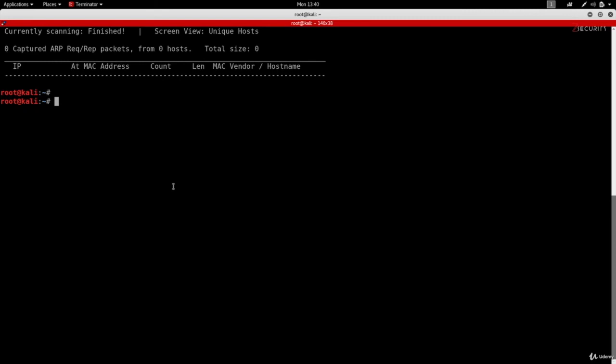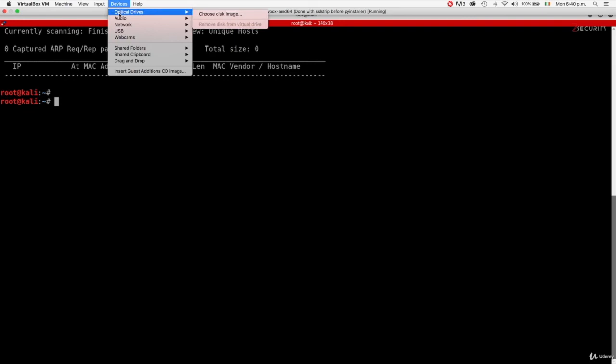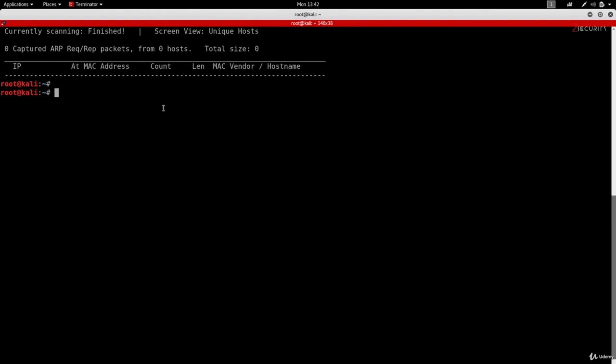this did not work, and I know why. In order for this to work, you actually have to disable the NAT network. So to disable the NAT network, we're going to go on devices, we're going to go on network, and we're going to uncheck the connect network adapter. So now once done with this, if we just run the exact same command again,